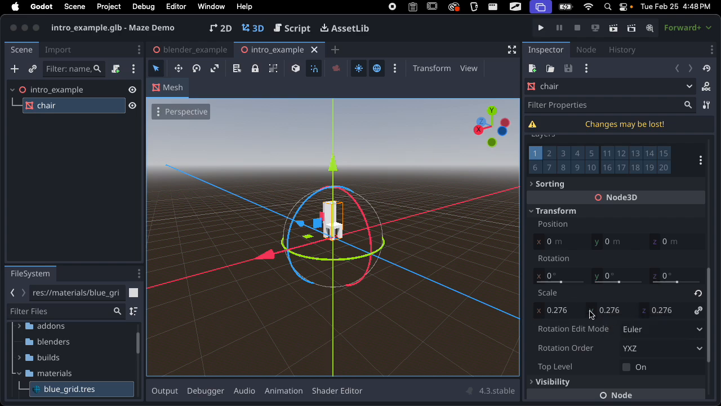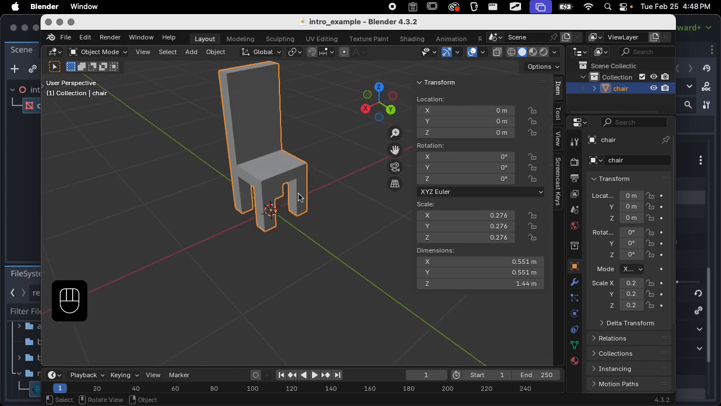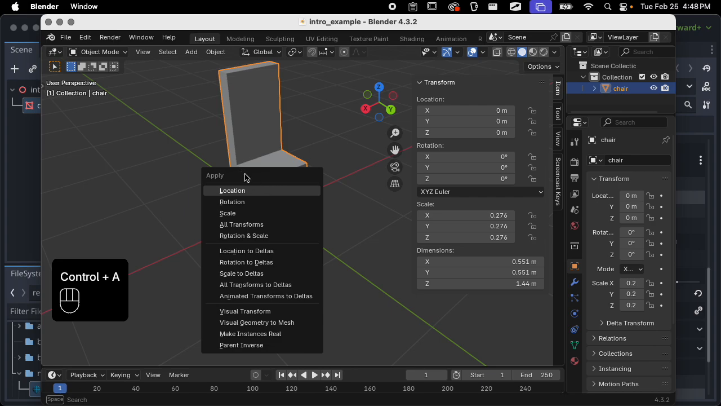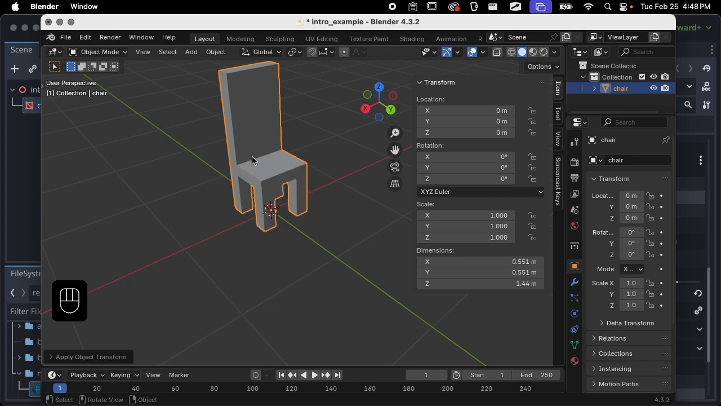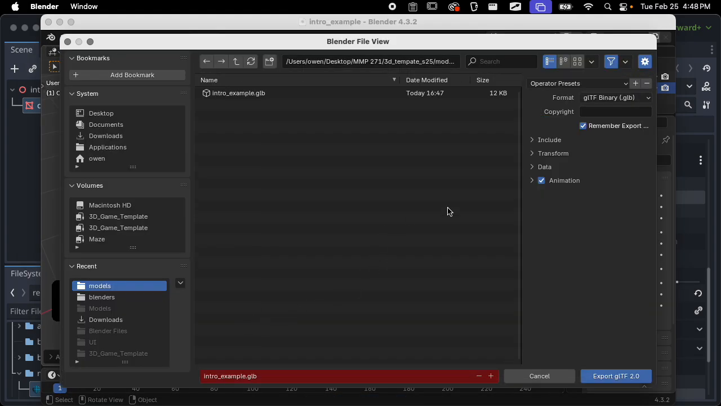So if you don't want that to be the case, if you're obsessive about not scaling things like I am, there's something you can do where you can apply the position and the scale and the rotation. If you hit Control A, it brings up this apply menu. And if I apply the scale, notice that the chair stayed the same size, but the scale is now 1, 1, 1. So it's normalized. If I export this again to Godot,